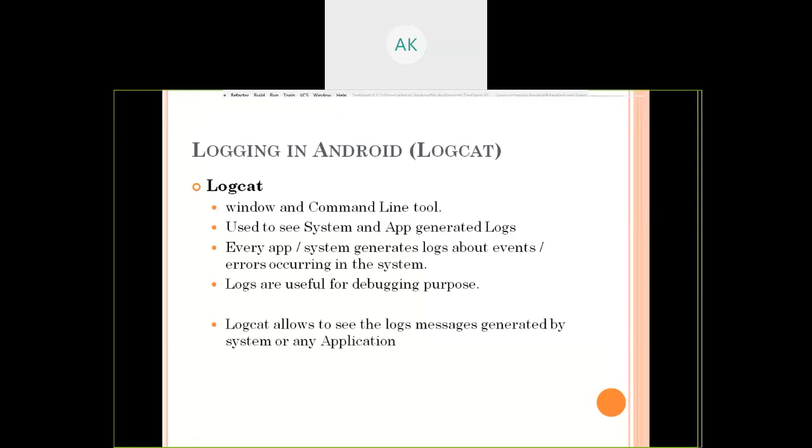Now what we are going to see is something important today, and that is called logging in Android. Whenever you start any operating system, or whenever you start a Linux operating system, you might see a number of messages displayed on the OS.